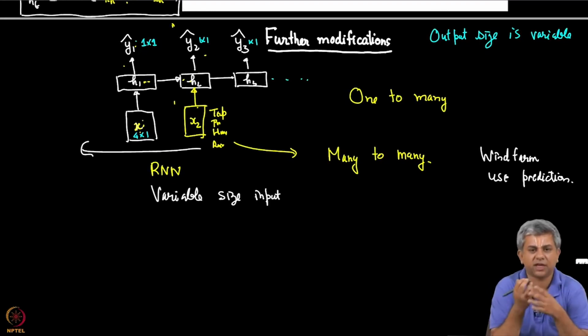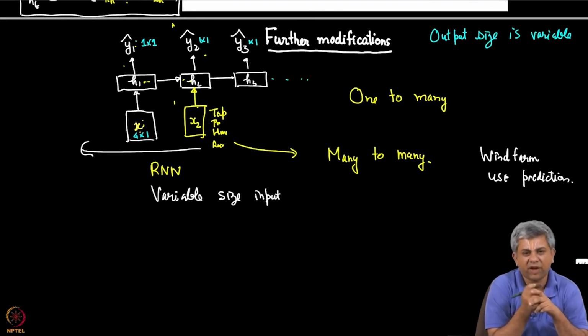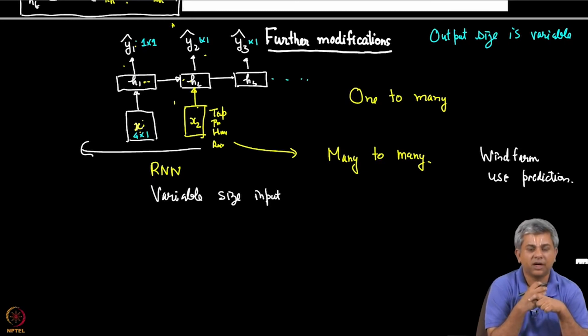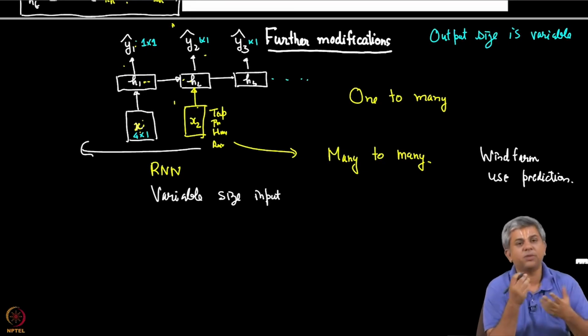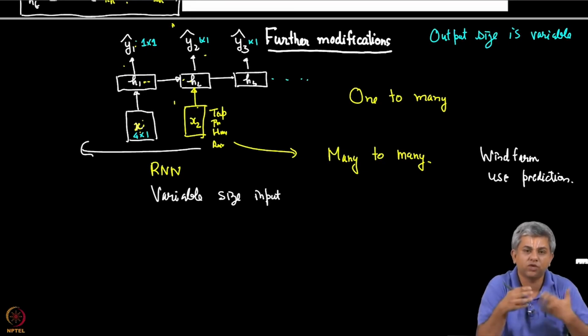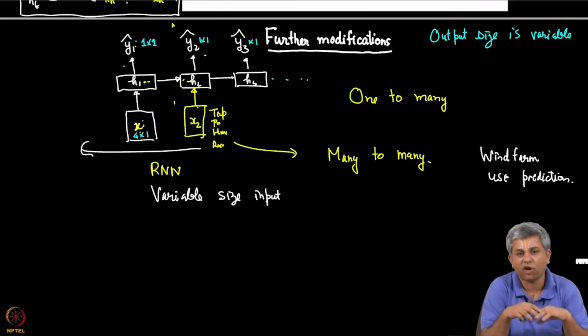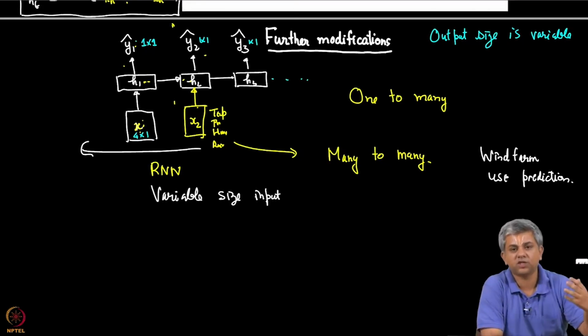In fact, even cell phones do that. I am not sure which of these use an RNN, but I am fairly certain that Google is currently using some version of some RNN with a combination of other traditional AI techniques. But that would be an example of a variable size input. As you give more, it gives you better or different predictions. You cannot do this with traditional ANNs or CNNs.